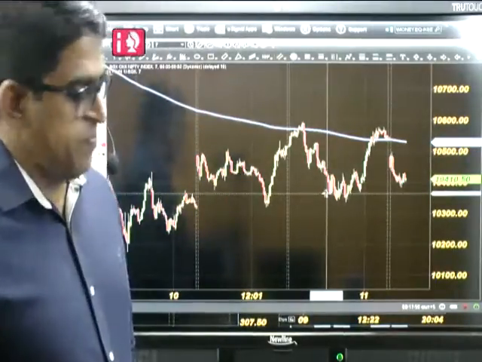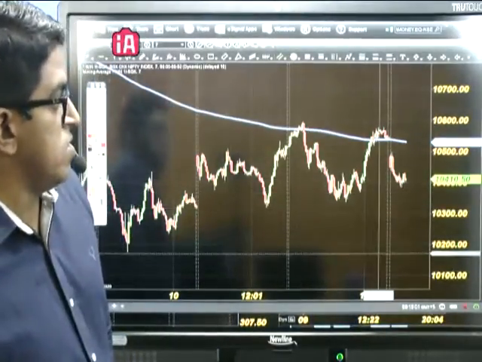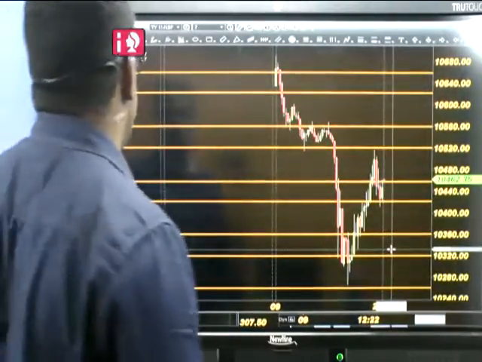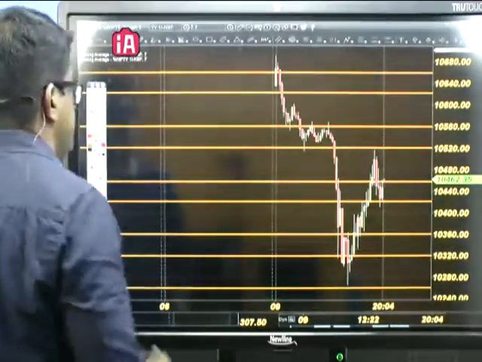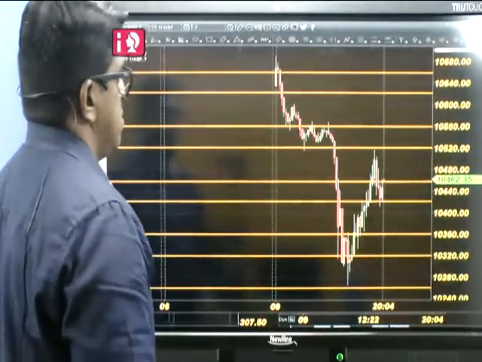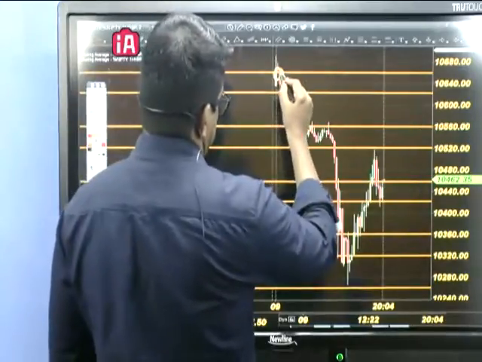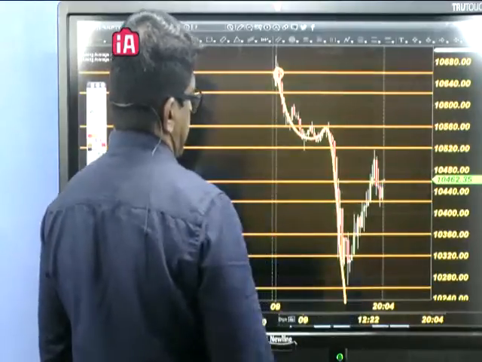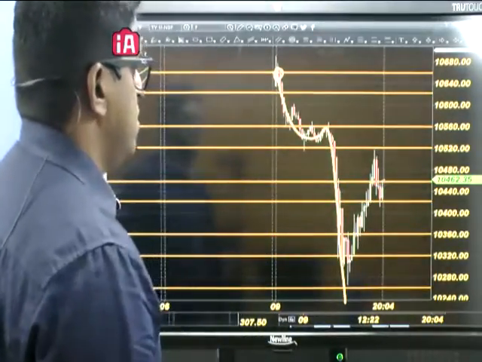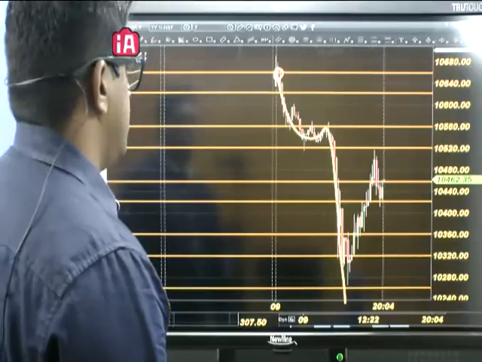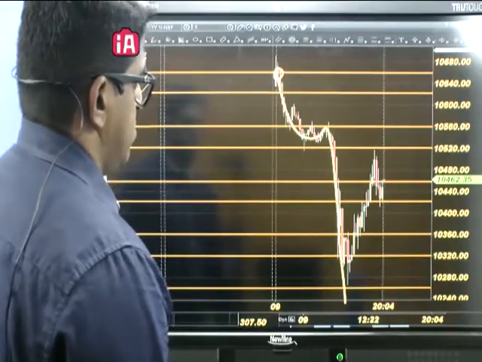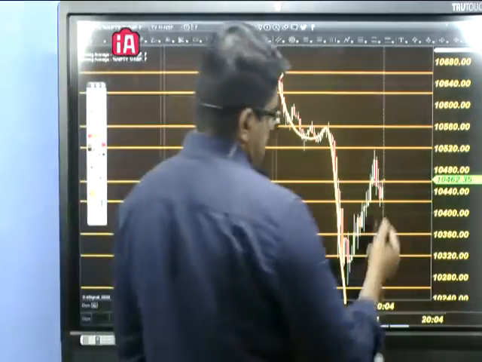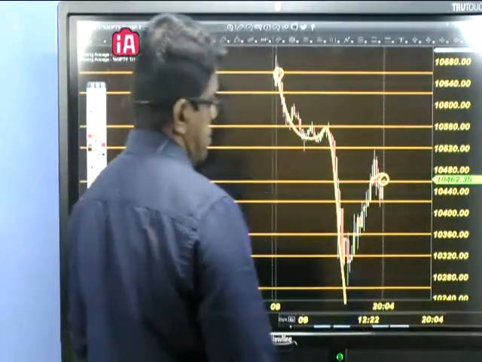Yesterday we had a holiday. How are we going to correlate this with the price action we are seeing in the NSE? So this is the 7-minute candlestick chart for NSE. What happened on the 9th? We had a very gap down opening, and from there, like expected, we had a very sharp fall. So it's a deep correction, and we had a very volatile market on the 9th. That is on Monday. So finally, price closed near 10,462.